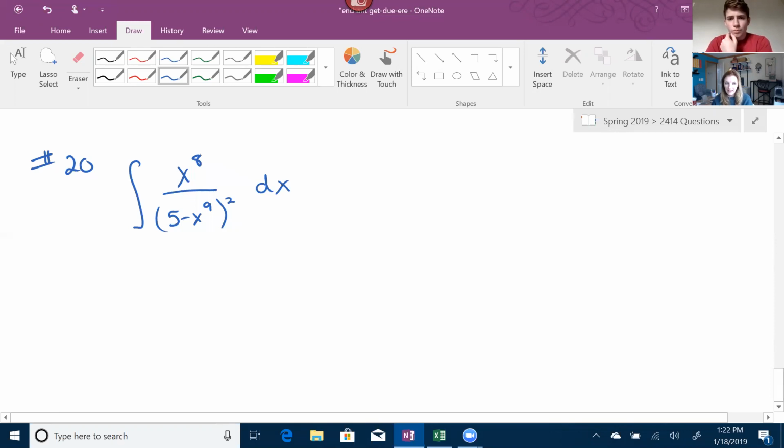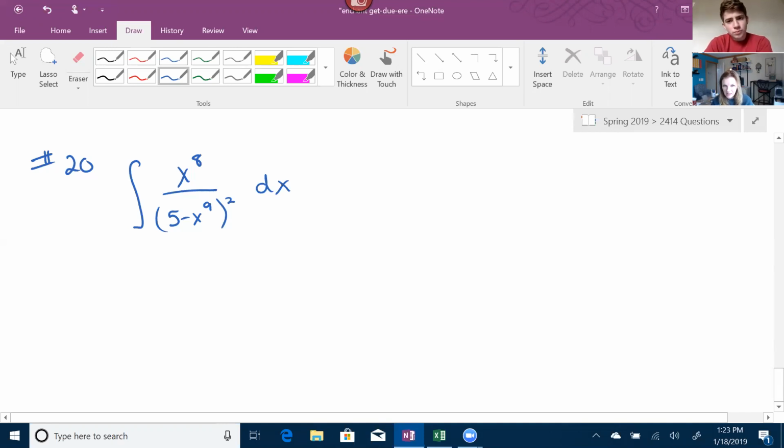Right now, all you know is add 1 to the exponent and put it over that. You know the integral of sine is negative cosine, e to the u, those basic ones that are on that sheet. We're going to learn all kinds of other techniques in unit 3. But since you don't have any yet, you're going to have to do one of these basic ones. In this case, you're going to want to recognize that this is going to be a u